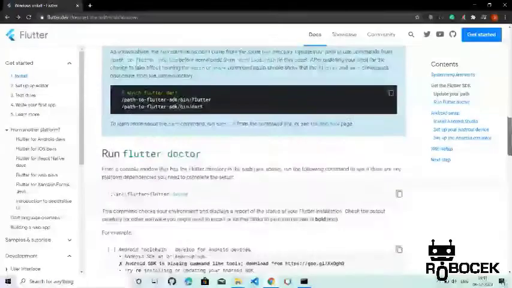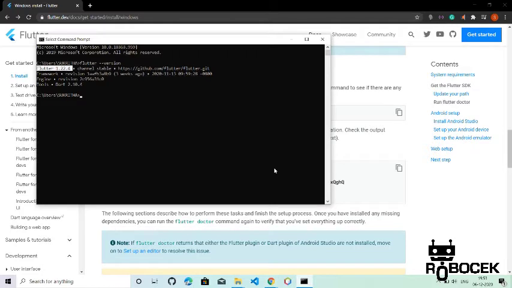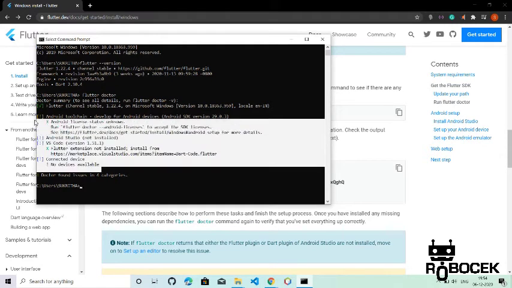The next step is to run Flutter Doctor. Flutter Doctor is a tool to check whether all the requirements of Flutter development are met. Now let's check that. Inside the command prompt, type in flutter doctor. So we have run the Flutter Doctor. It says that Flutter is successfully installed, but the Android toolchain, the Android Studio or the VS Code, or connected devices are all pending. We have not done that yet.